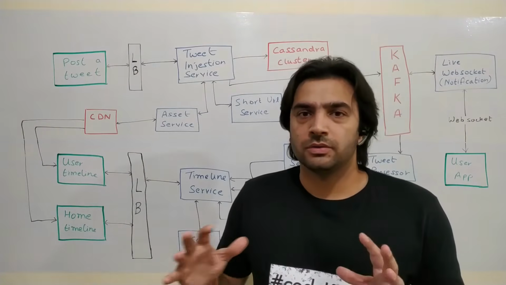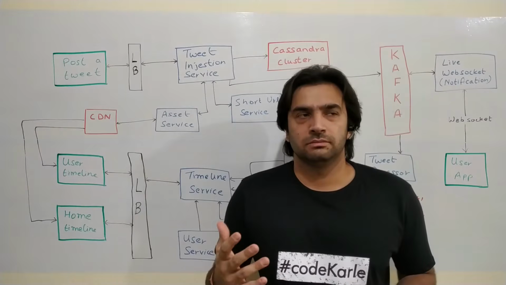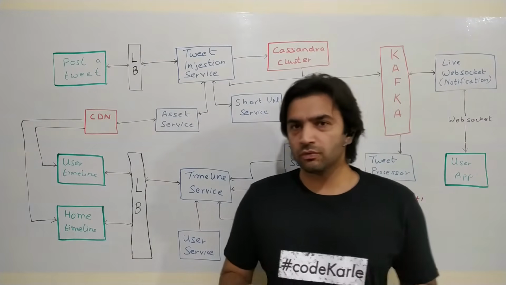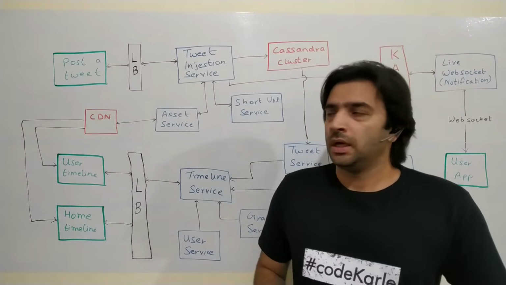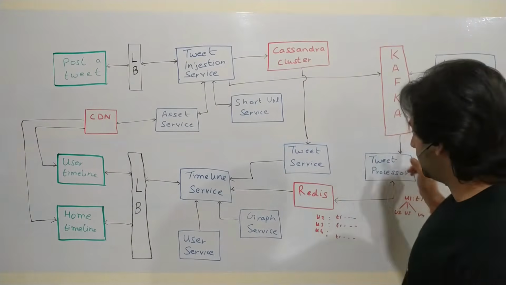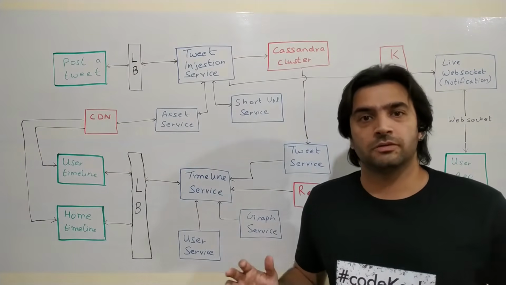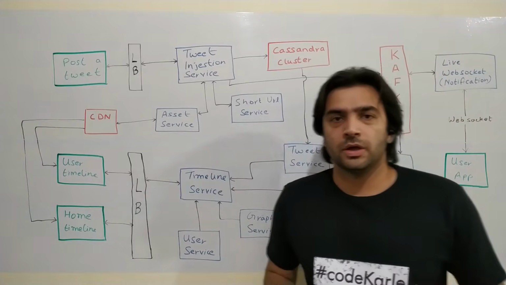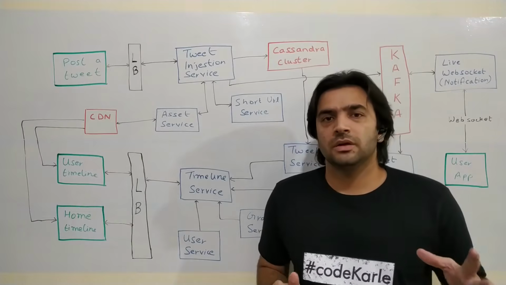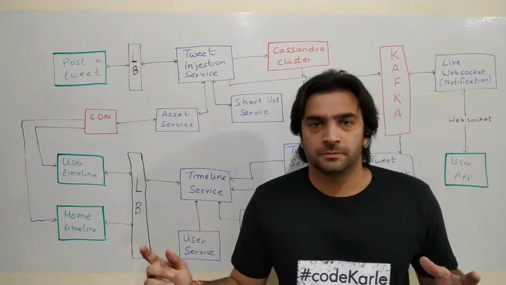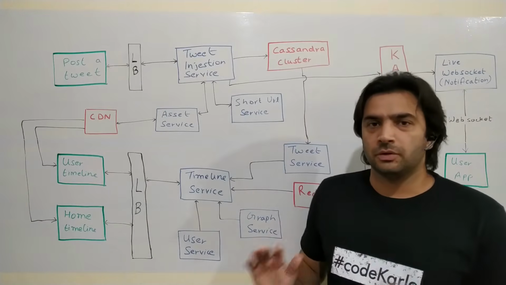As of now, if I look at Donald Trump, he has roughly 75 million followers. What that means is each time Donald Trump makes a tweet, there need to be 75 million updates for each of his tweets. That's a very big number, and it's fairly inefficient to update 75 million records on the update of one person, right? And if he starts tweeting very, very frequently, then we are in for big trouble.